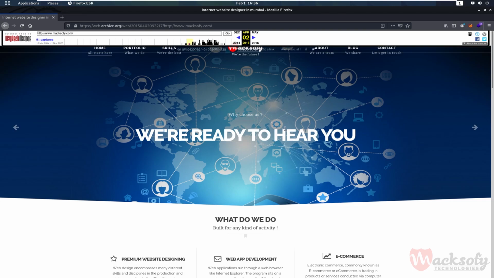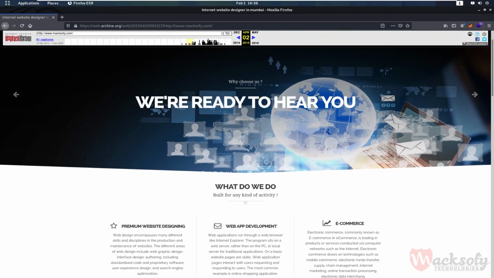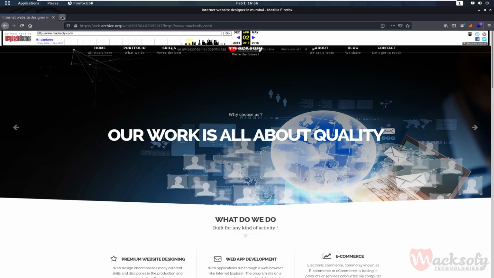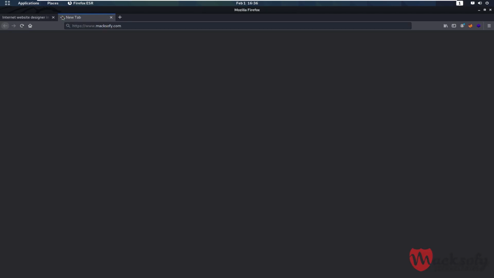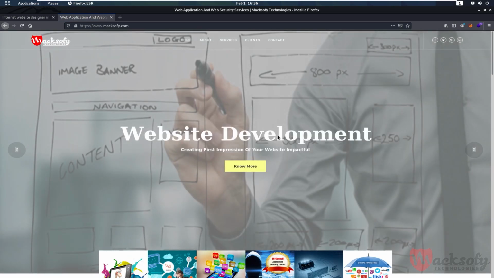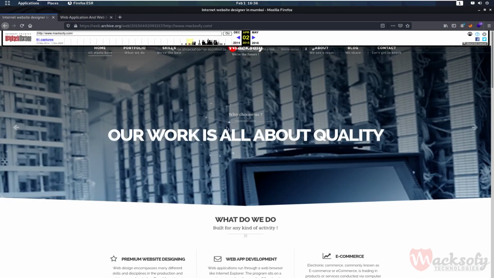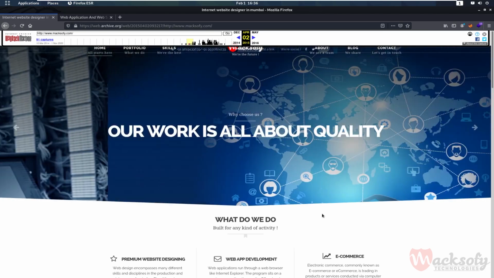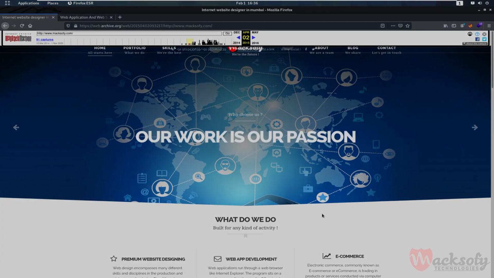and we can see the 2015 version of the website being loaded. We can confirm that this is not the current version by just going onto the website quick. You can see the current version of the website looks something different, and the 2015 version is different. So this is also something very important which we have to keep in our website footprinting.